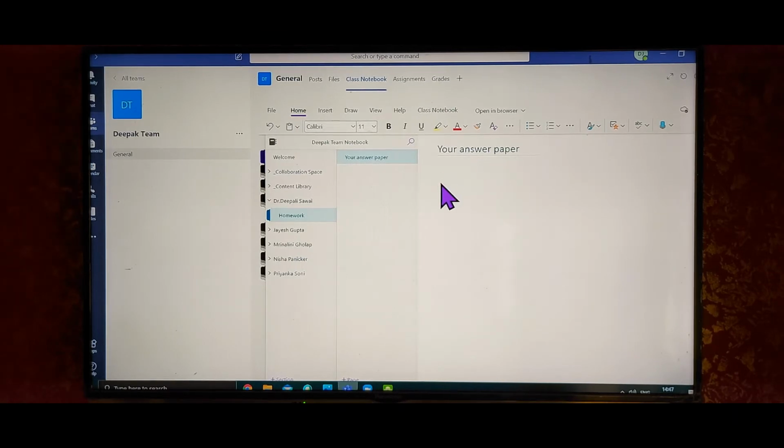Once you come on this space, like this white space, only then you will be able to upload the answer paper. So once you are here, click on insert. After insert, click on this file. It will pop up 2 messages, insert as attachment or insert printout. So take insert as attachment,